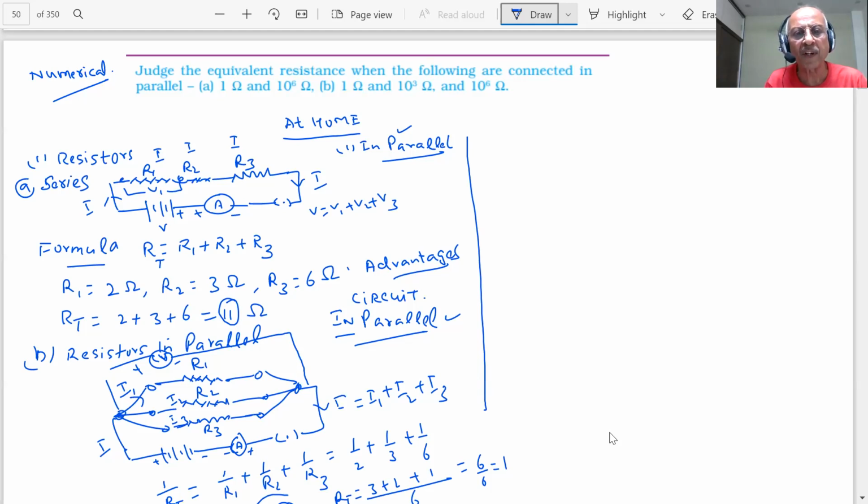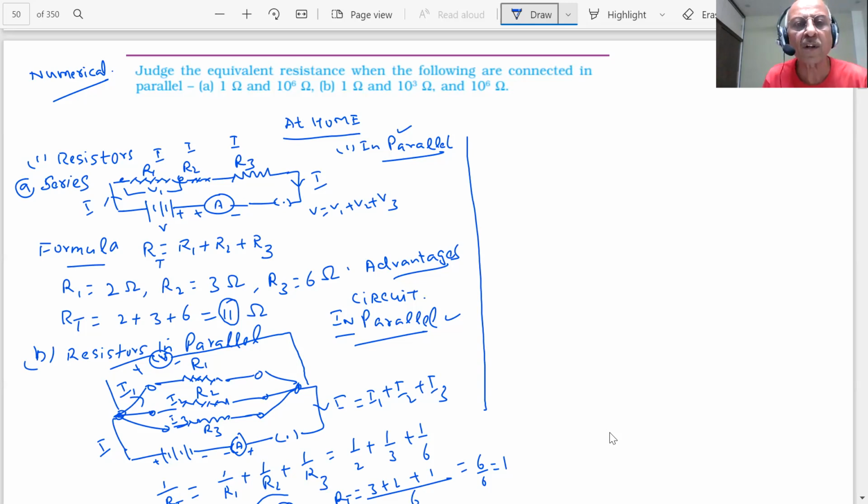Numericals are very important. Numericals will be asked in this chapter. How will we do it? You have 1 to 2 minutes to solve and give the answer, students. Question-answer sessions are very, very important. We should be able to solve them. In the exam, what you will be getting, students, is questions. In the paper, you will get questions, so you should be able to do them. That is a very, very important point.